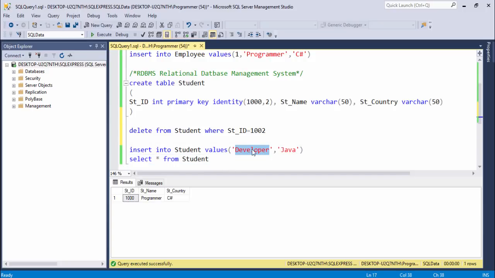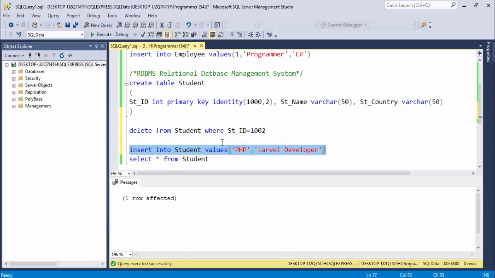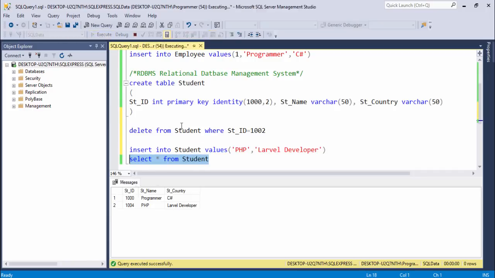For example, I write PHP Laravel developer, select the query, execute, select the statement. Now you can see this person, I mean the PHP Laravel developer, has been issued 1004 number,